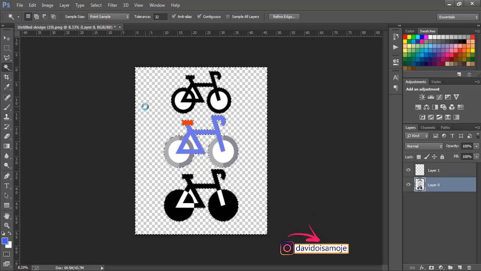But if you notice, we still have some whites in between the tires and the shapes. So go over and remove that one after the other. So this is why I say it might be complicated for you at first, but once you get used to it, you will love the process. So just do that for all other white boxes or white circles, as the case may be.